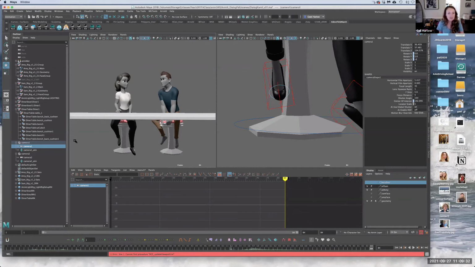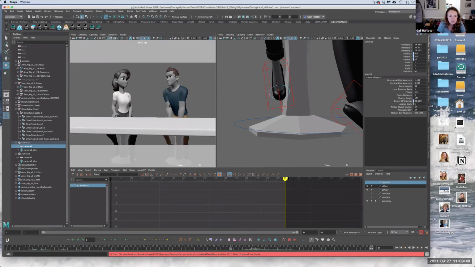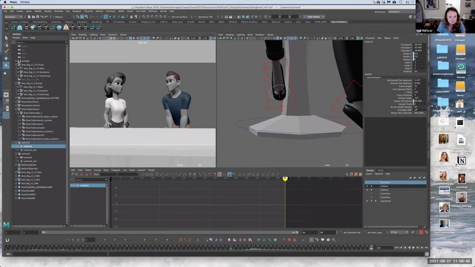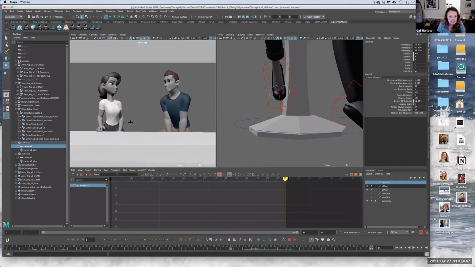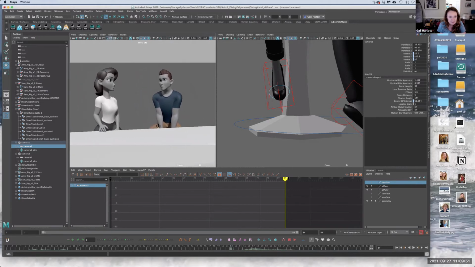So let's get in a little bit closer. We can set this up. This is our resolution gate, this is our film gate, just so we know how we're framing this shot. Maybe we'll give it a little bit of an angle like this. But we're favoring him, right? Because he's